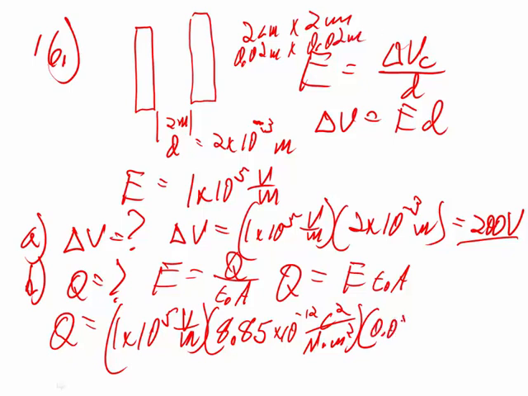So we got 0.02 meters times what? 0.02 meters. And let's do the math on that. And what do we get? Well, we get 1 to the 5th times 8.85 times 10 to the negative 12th times 0.02 times 0.02, and I put that in parentheses. And we should get,